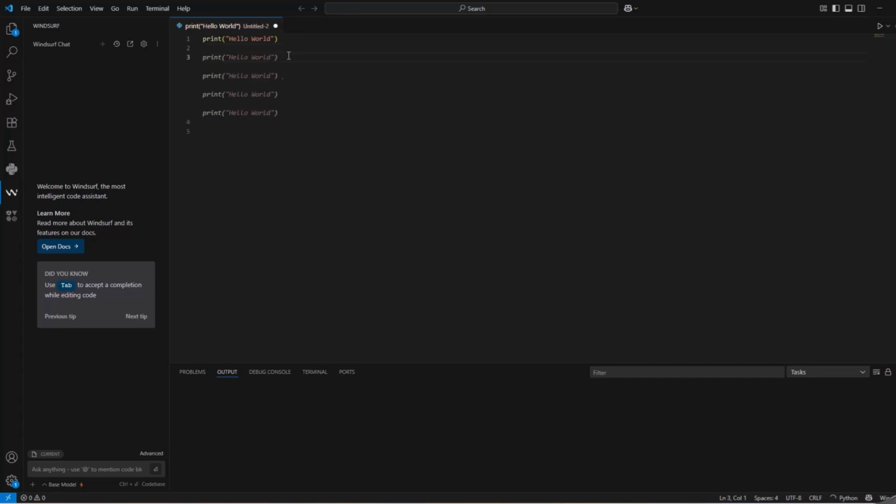Think of it like ChatGPT but built for coding. Windsurf helps you complete code, explain snippets, fix bugs, and even generates entire functions all with simple commands. You just type your prompt or use the shortcut key to get AI suggestions as you code. Now, what's cool is it supports over 70 languages and it's super fast and lightweight.